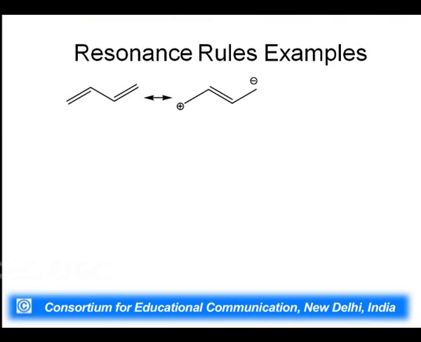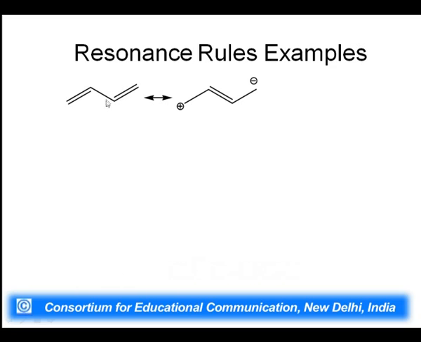So, moving on, we further go for the resonance rules. We did a few resonance rules in the earlier lecture, but we did not do many examples. So, these are the examples which we may take on, like butadiene we discussed in the earlier lecture, and the structure which may arise out of 1,3-butadiene may be a polar charge structure because of the conjugation, like this double